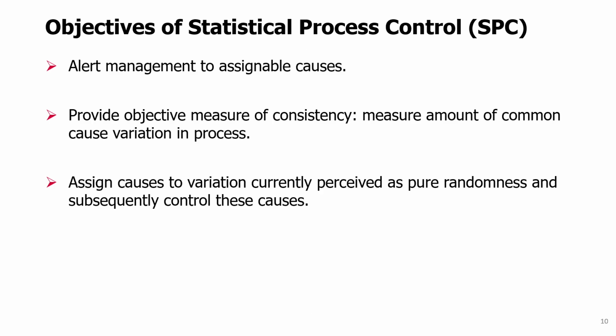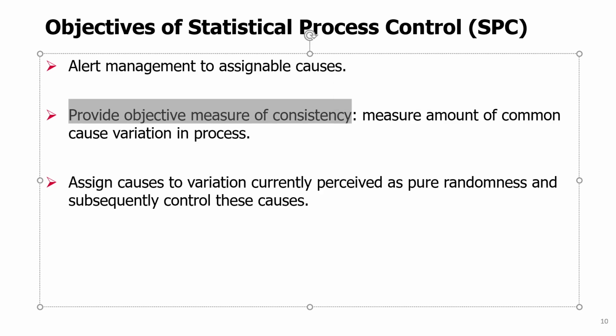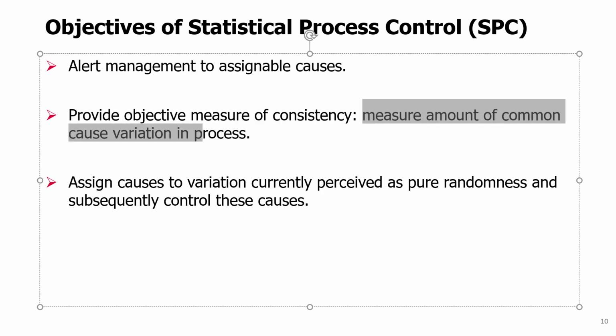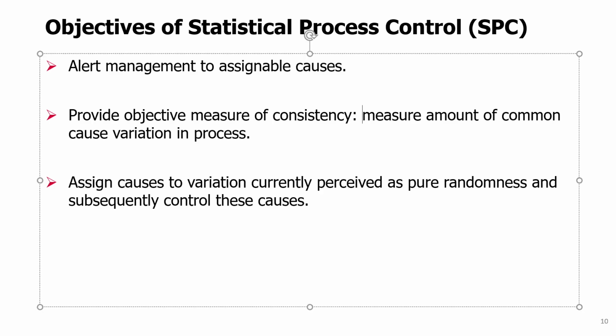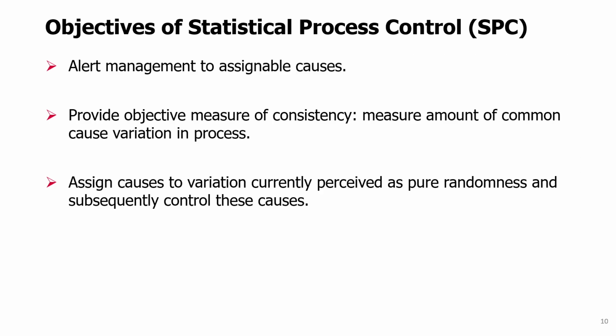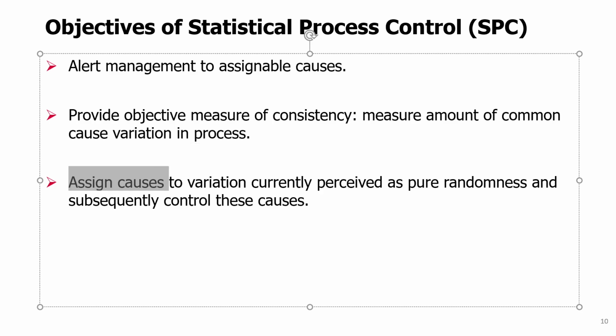The second will be to provide an objective measure of consistency. We want to measure the amount of common cause variation in the process. First of all, to be able to know how good the process is, but also to know the baseline for the assignable cause variations. And the third, an additional cause, is we want to try and work on assigning causes